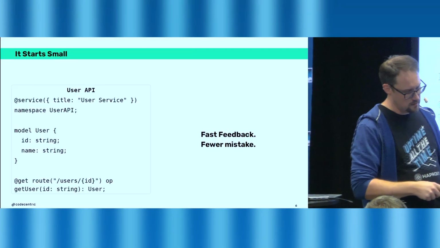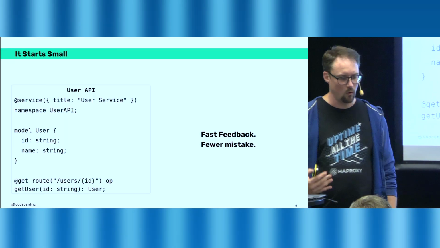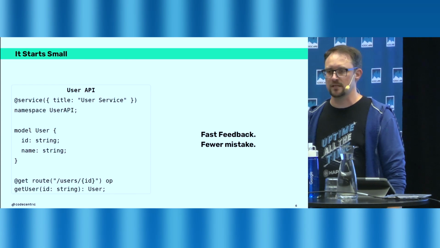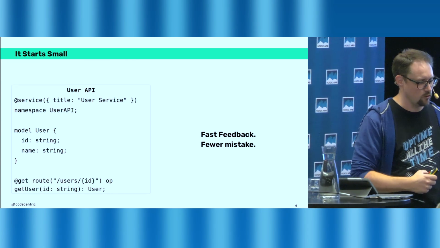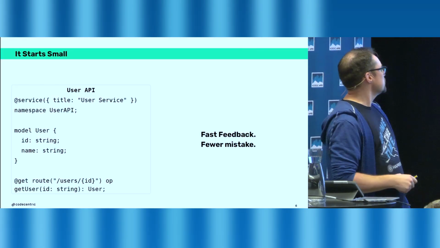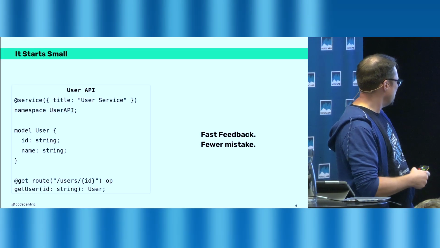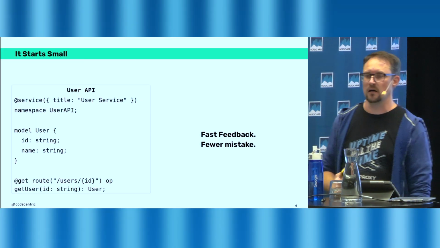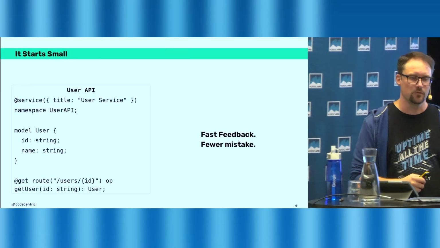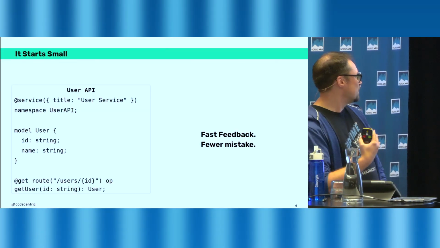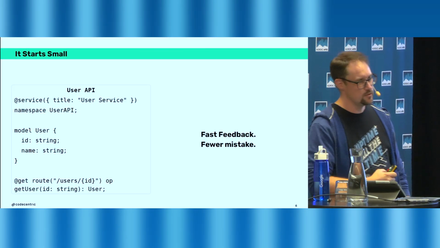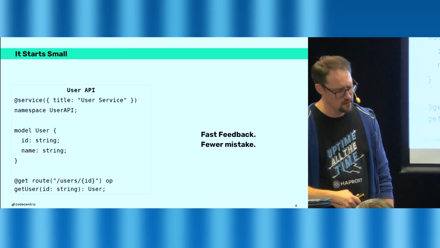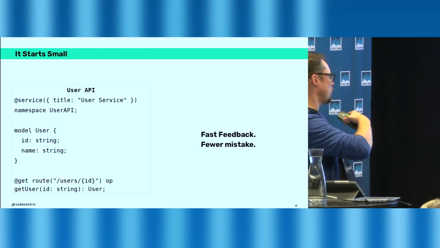So when we started with customers, actually, we started small. That's why I said we did little projects with customers to really see what is happening in the field, how the adoption is there. Because when we look at this user API fragment, it's actually quite readable and really understandable what is happening, because every one of us, even people who are using Java or other languages, know what annotations are. So it's really easy to see, okay, there's an annotation, there's a title in it, there's some kind of namespace, I have a model description, and I can describe a route.